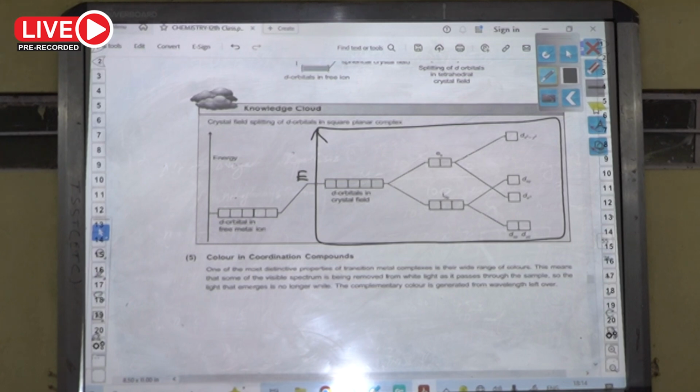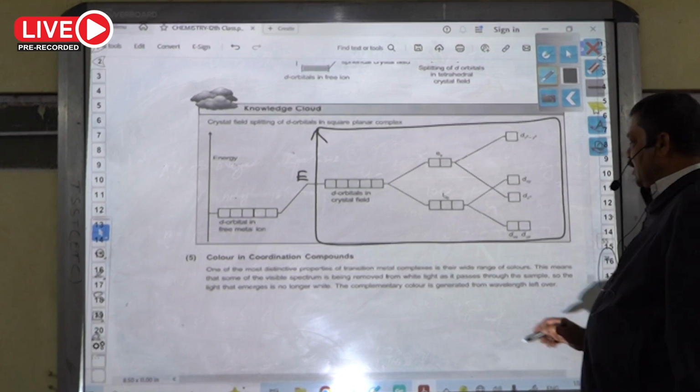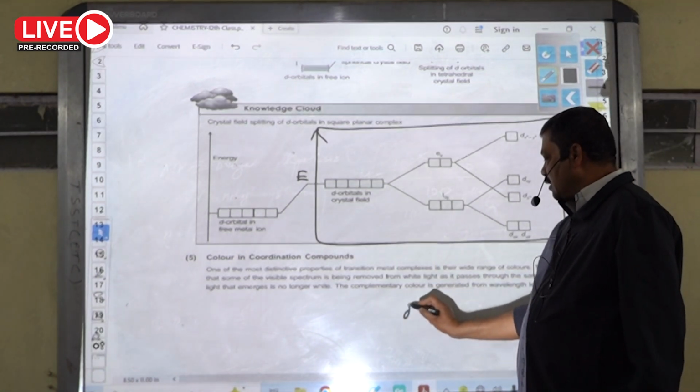Hence, highest energies for dx square minus y square. The energy of d orbitals follows the order